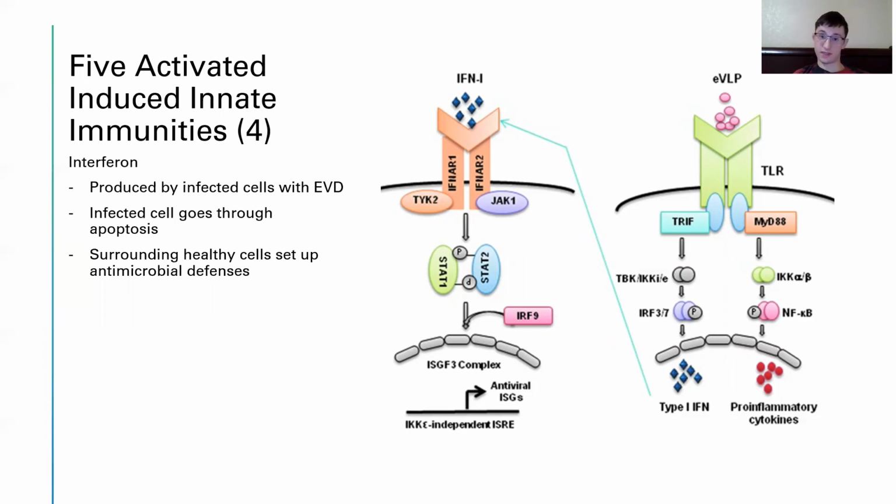Cells infected with EBV, either endothelial or epithelial cells, will produce an interferon signal before apoptosis to allow surrounding cells to prepare and to produce microbial defenses, as well as the recruitment and acceleration of white blood cell